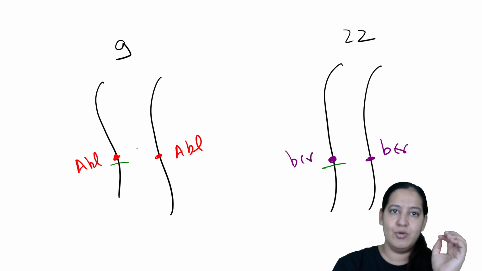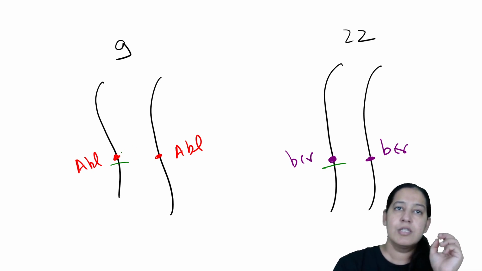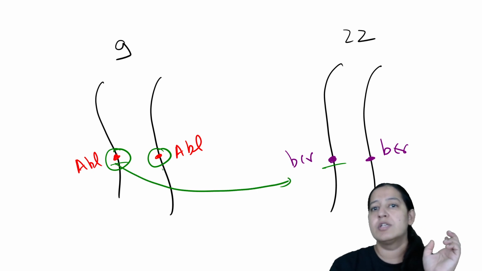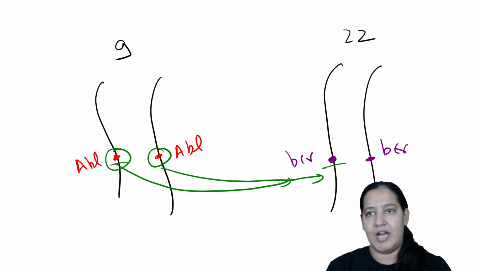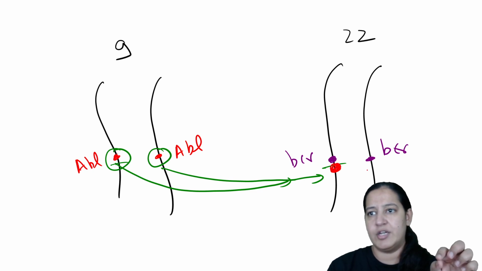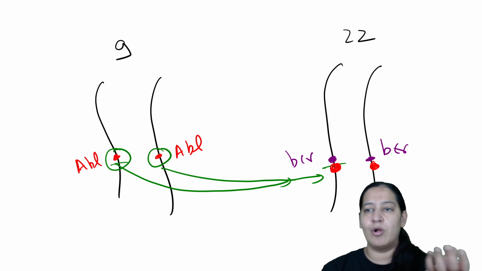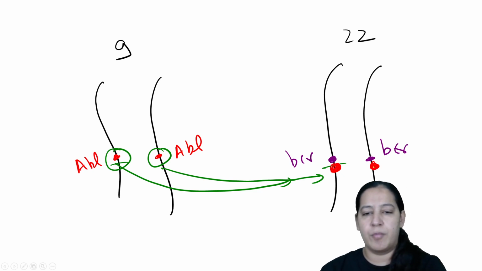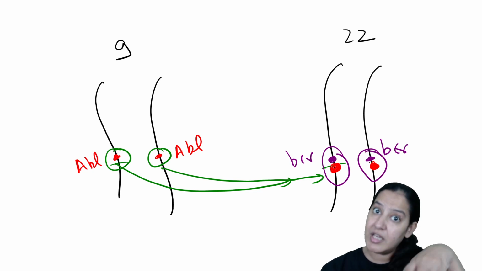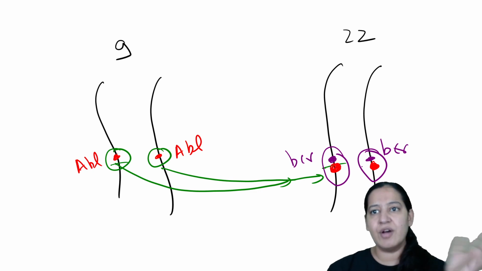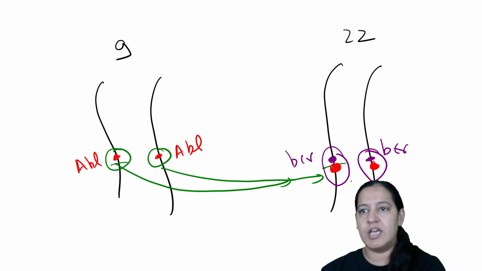So let's see. Let me do this translocation. In this translocation, the ABL portion of 9 is given to 22. So this ABL will move to 22. Let me draw it. BCR was already present on 22, and ABL will also move there. So a fusion gene is formed. Can you see? A fusion gene is formed. ABL and BCR fuse, and a new gene is formed because of the fusion of the 2 genes: the ABL-BCR gene. In exchange for this ABL, 22 will give a portion of it to 9, which doesn't contain